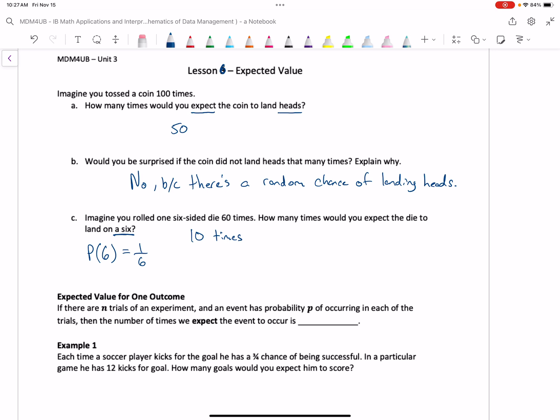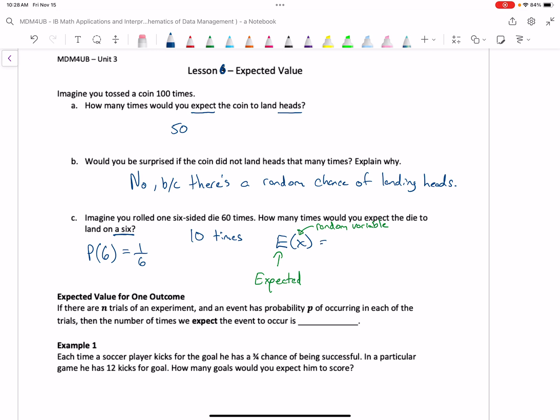But what's happening in both of these situations? The previous question and this one. This is what's called the expected value. And expected value is denoted by this E of X, with the X being the random variable that we're talking about depending on the situation. So if I was flipping a coin, that random variable would be the outcomes of the coin. If I was rolling a die, it would be the outcomes of rolling the die.